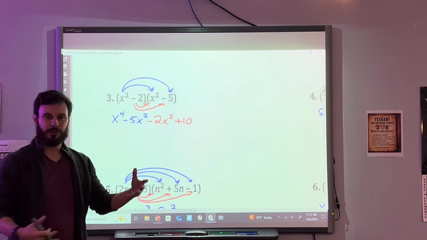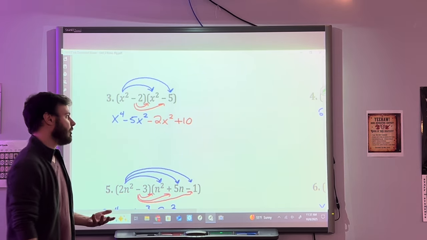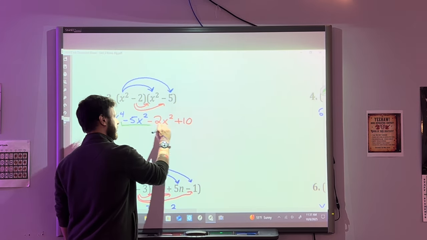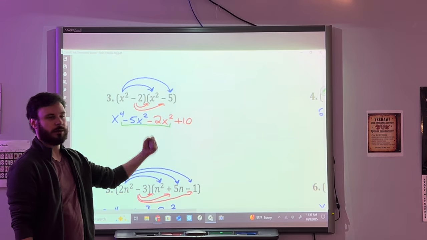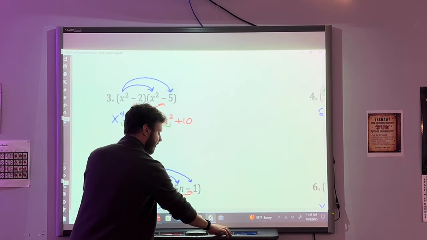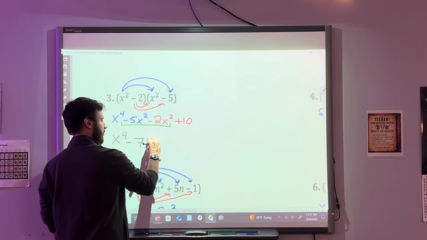Now I know I just said I do columns, but that's usually when I do a binomial with a trinomial. When I FOIL, you guys will always see me do it like this in a straight line, because if you FOIL correctly, you will have stuff in the middle that you can combine. So our final answer here, x to the 4 minus 7x squared plus